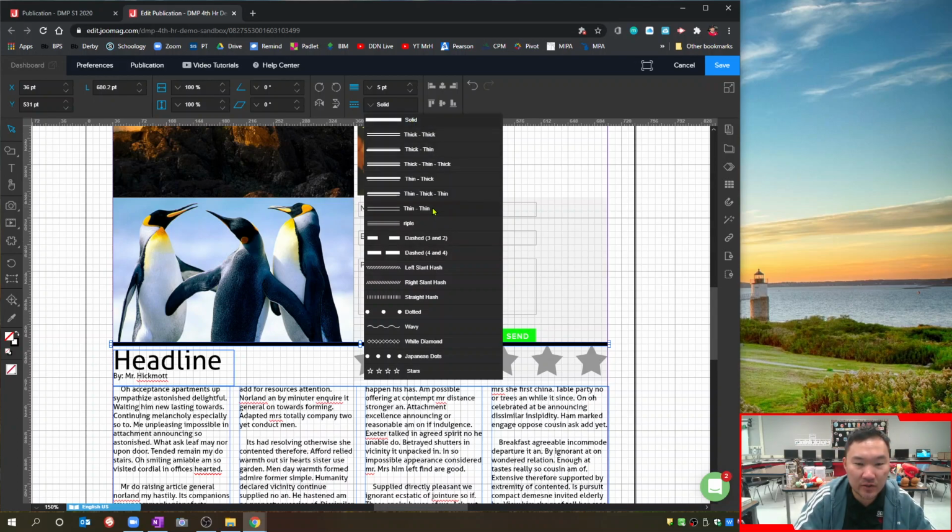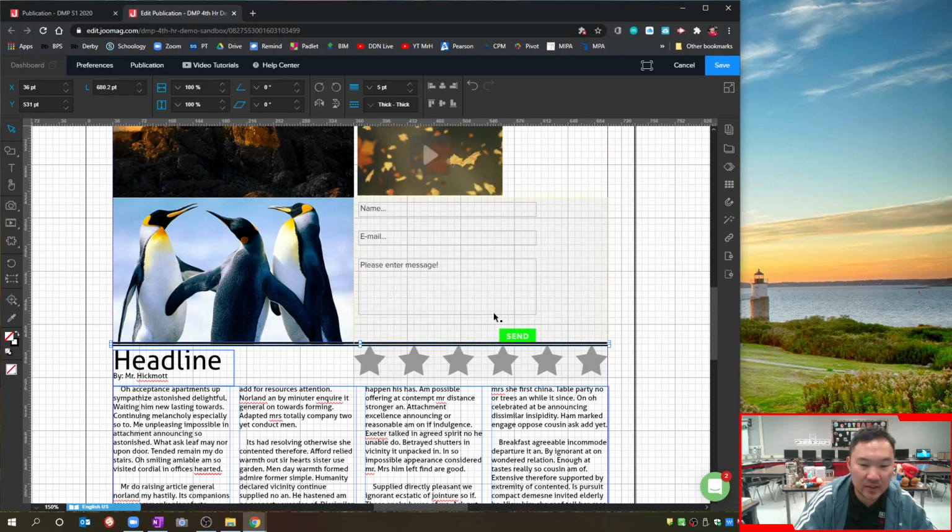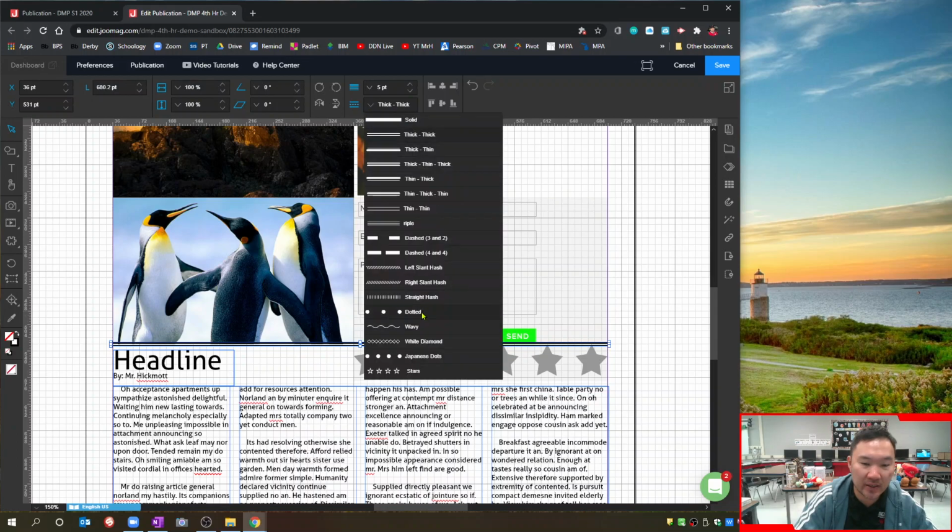Some of you may want to use a thin or a thick. That creates a double line effect, or even a dotted line. So you can play around with this to see the different types of looks that you can create with a line. So that's the thick one. I'm actually going to go ahead and select it and switch it over to the dotted line